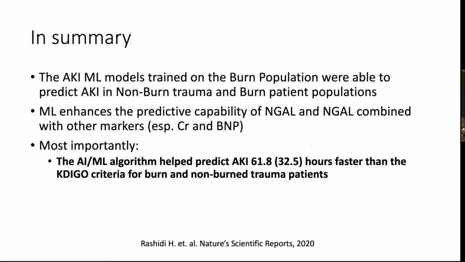So instead of waiting for serial values of creatinine, NGAL, or even UOP, we were able to do it with admission data, and the admission data was able to predict the future of what's going to happen to the patient, in terms of whether they're going to develop AKI or not, or whether they're in the early stages of AKI or not. And it decreased the time by close to 2 days. So that's a huge step, because this is something you could potentially use as a point of care device and even in outpatient settings, to be able to identify patients.